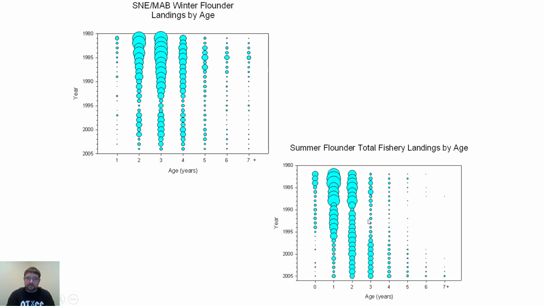In the summertime, however, it looks like you're catching younger fish. You're catching the young of the year, the hatching fish that are not even a year old, a bunch of 1-year-olds, a bunch of 2-year-old fish, and then it starts falling off. With very few 4-year-old fish caught and hardly any 5-year-old fish, that's not the case in winter. So this allows researchers to figure out what's going on with the fishing season, or the harvesting season, and at what point should we